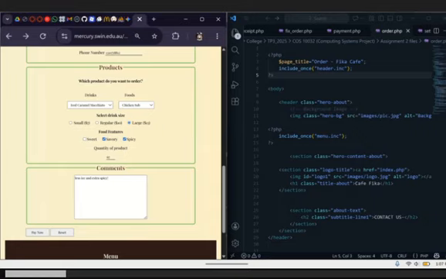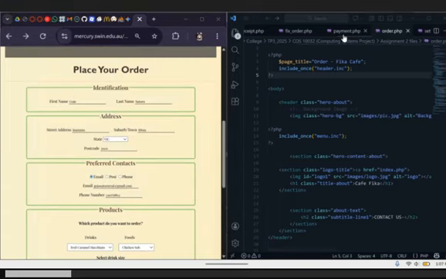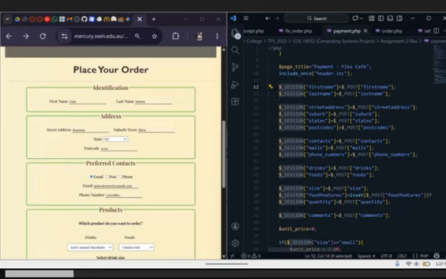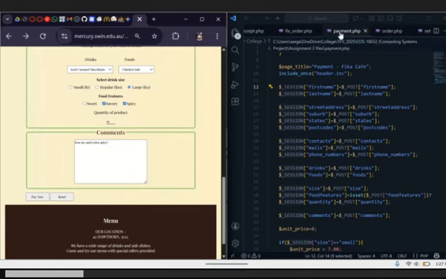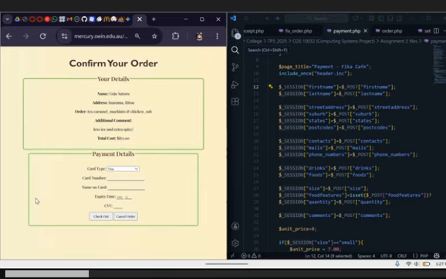Now, if I were to press the pay now button, it will redirect me, the user, to payment.php. So session right here. This whole block of code is the sole reason it can actually retain the user's input. Since this is inside payment.php, the moment the user presses pay now, the code will create a session for the user in which it will store whatever the user's input was in the previous